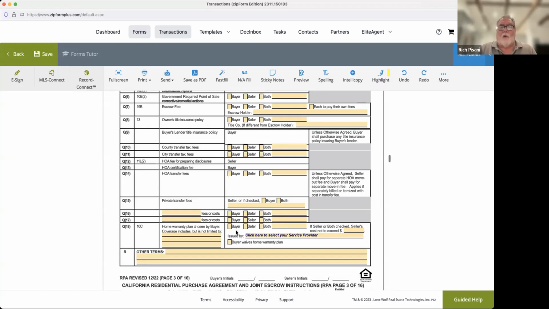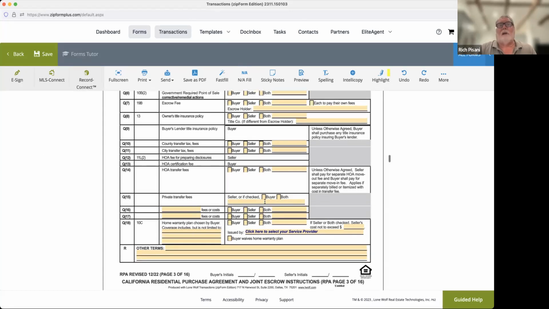So home warranty, customary for seller to pay, and remember to get these CREST home warranty policies, and there's several different companies that are writing them. So other terms, Susie, if you wanted other terms as far as private property, personal property to be transferred, then you would put that there and then add an addendum.